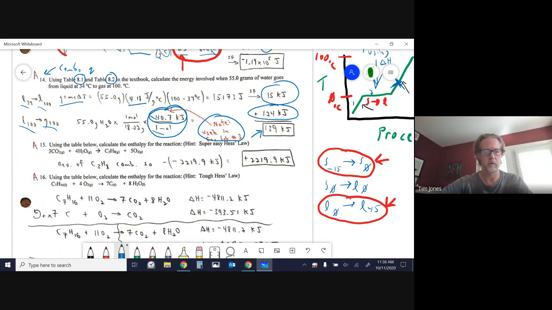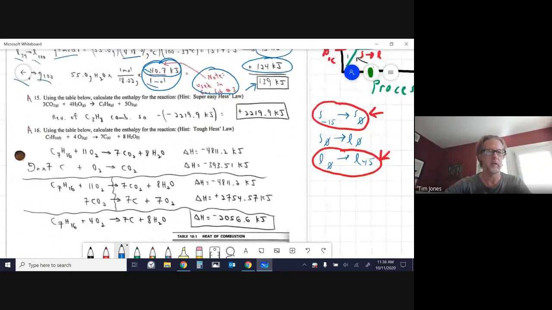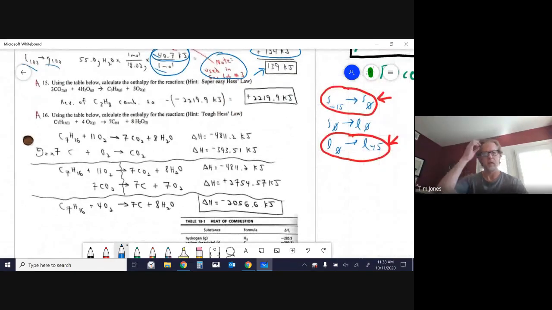All right, moving along, number 15. Now we start to see Hess law. Now, a lot of people on 15 wouldn't even call this a Hess law problem. I like to say that it's an easy Hess law because you're using the concept that if you flip the reaction, you must also flip the delta H. So it says, I want